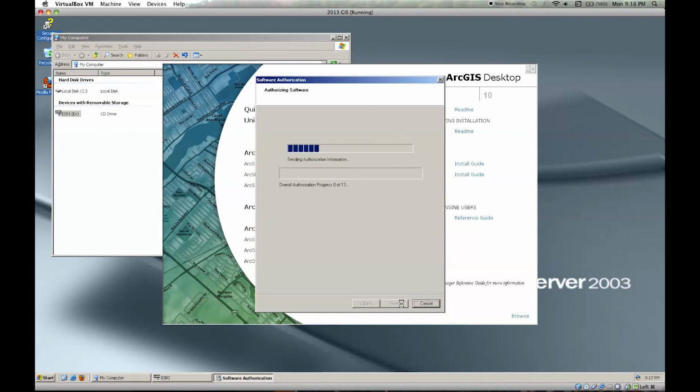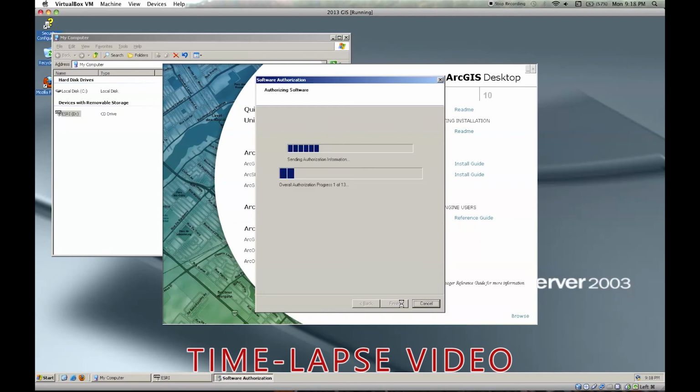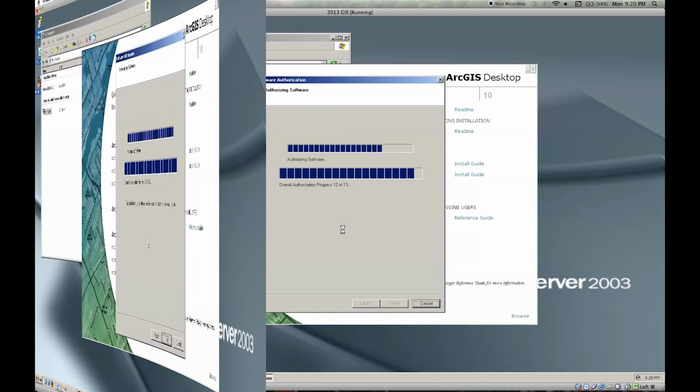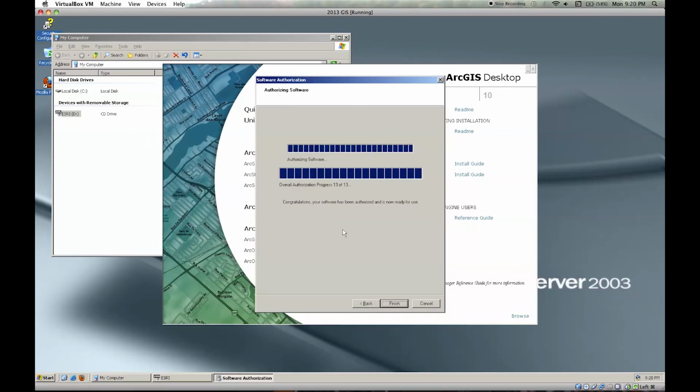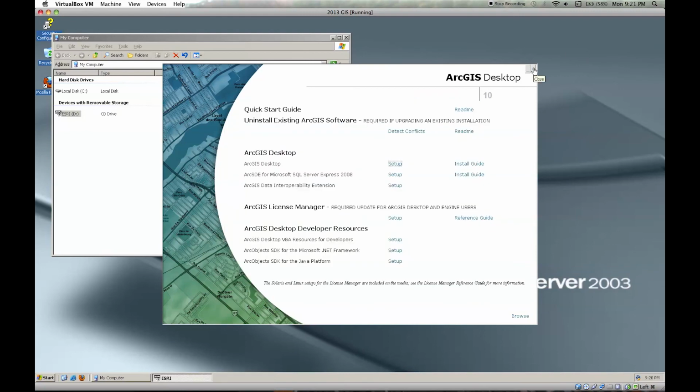Click Next. Now it's talking to their central computers at GIS headquarters somewhere across the waves of the internet. Once we're finished, it says, "Congratulations, your software has been authorized and is ready to use." We're going to click Finish. We're going to click OK. We're going to close out of this guy,